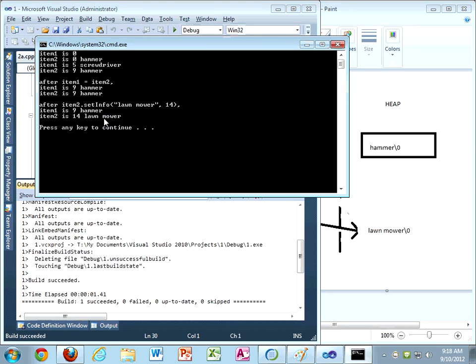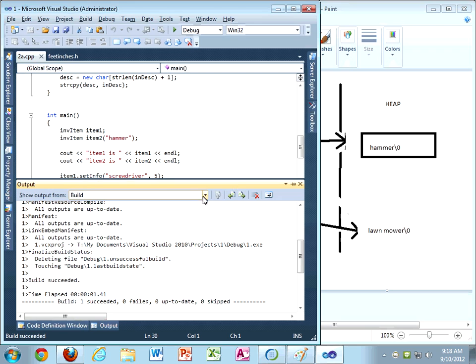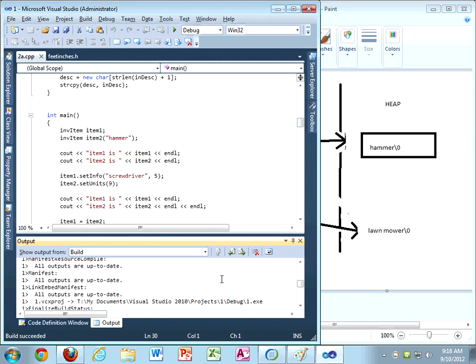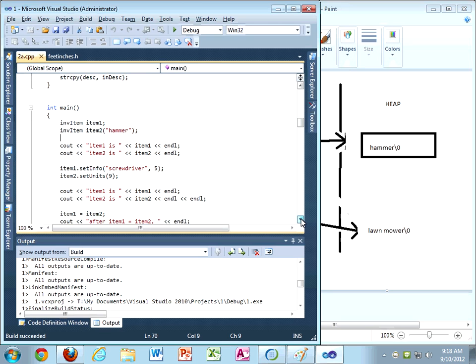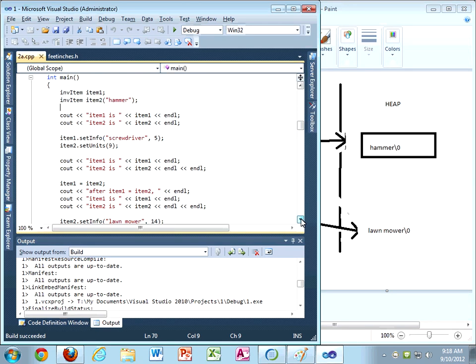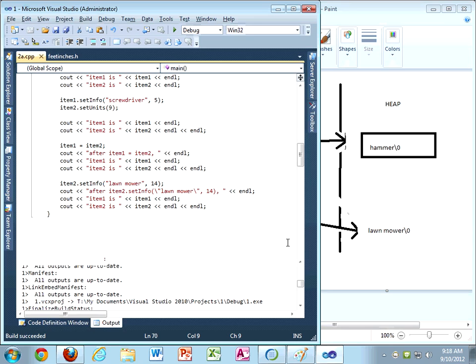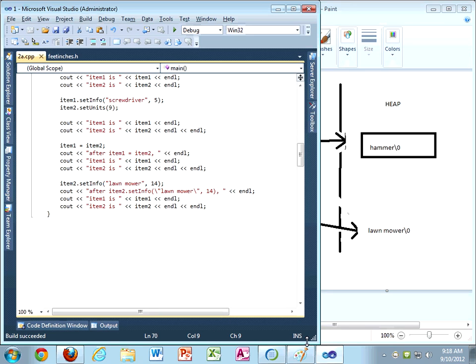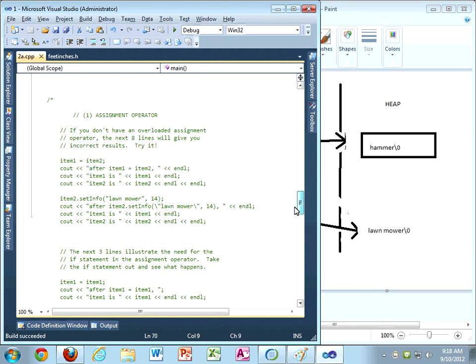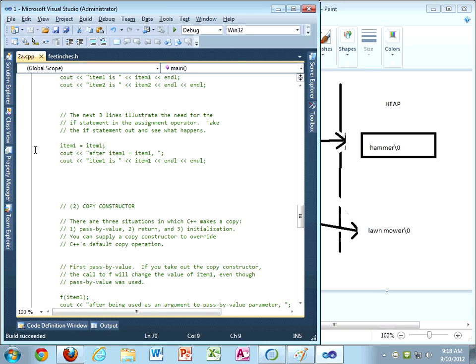Okay, 9 hammer, 14 lawnmower. So we fixed the assignment operator, right? Okay, let me add some more code because I want to test, and this may seem a little odd to some of you, but I'm going to do it anyway. If I can find it. Oh, down at the bottom here, I pasted some code in. What I want to do is